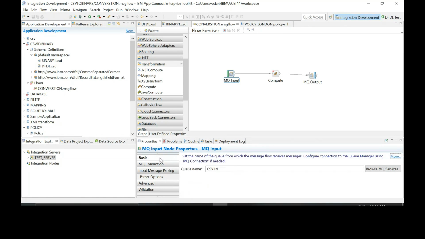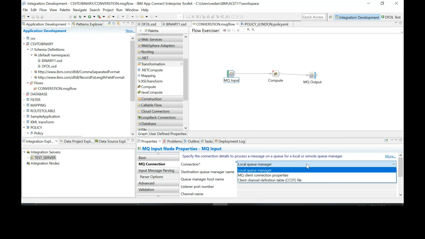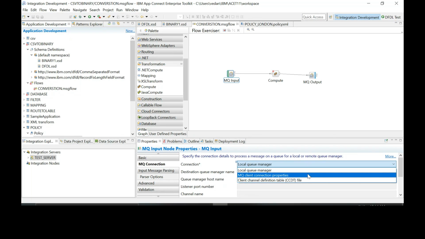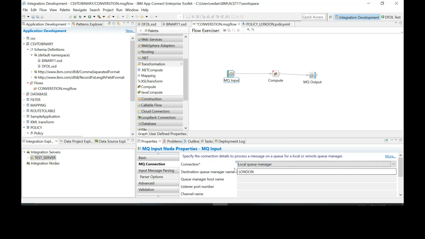Click on MQ connection property. No, go back to local. We will use some other option. Go back to local, now come to advanced.